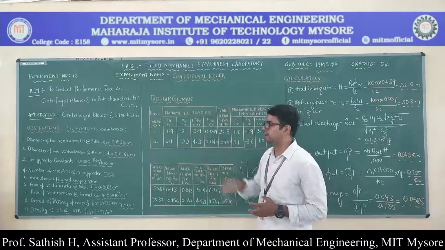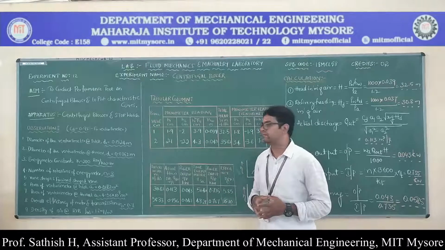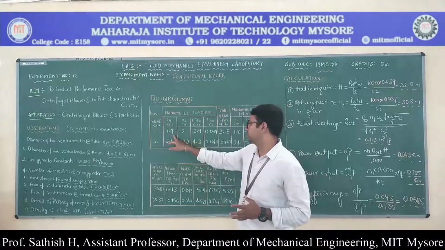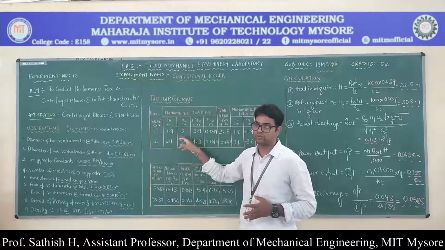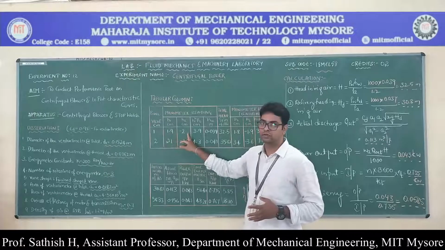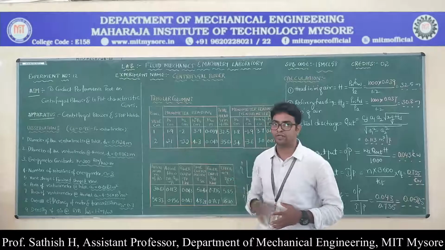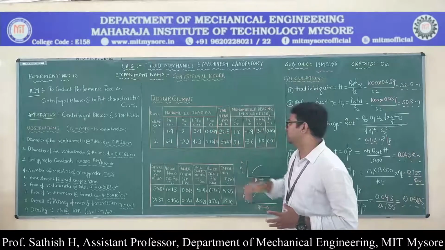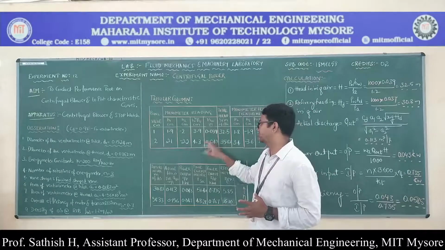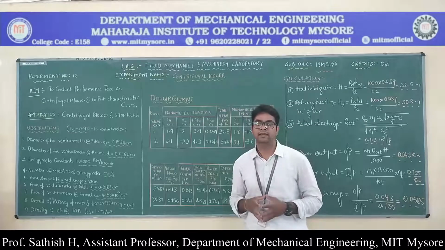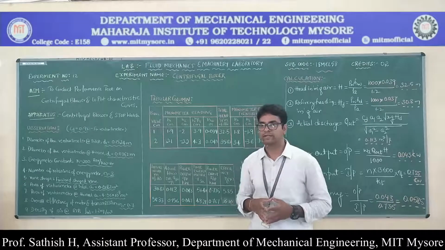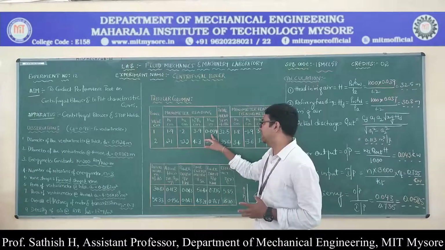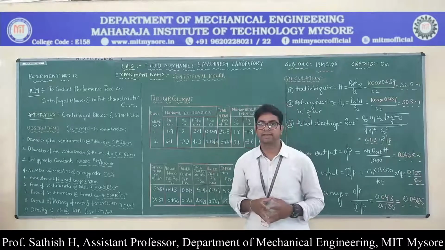Okay, so for the difference we have to take HW is equal to H1 minus H2, that is also in centimeters. This becomes 1.9 minus of minus 2, that means 1.9 plus 2, it will become 3.9. So that is also in centimeters. Then you have to convert that into meters, HW in meters. You have to multiply by 10 to the power of minus 2, that is 3.9 into 10 to the power of minus 2, you will get 0.039, that is meters.